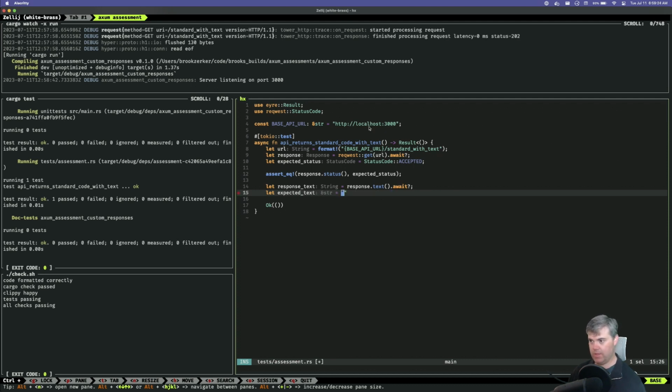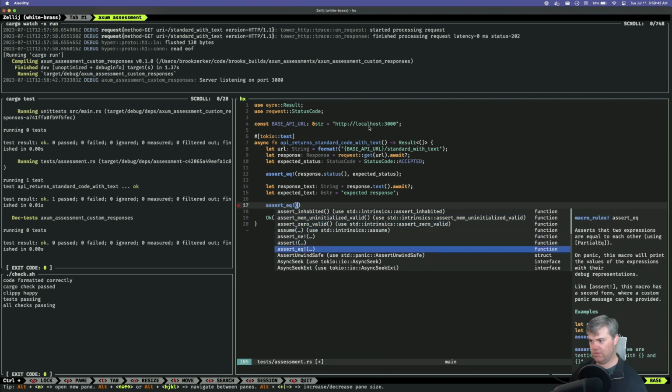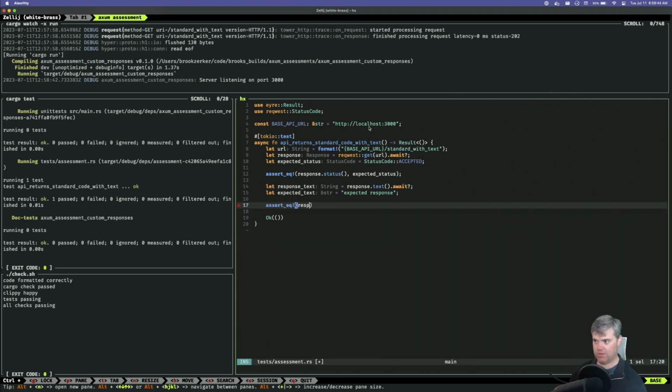Okay, so what are you going to be? Let's do expected response like that, and then we'll do an assert equal, response text and expected text.